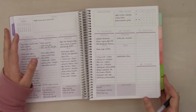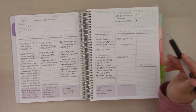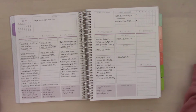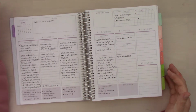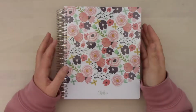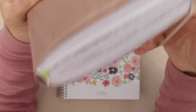Okay, I have my to-do list for my Plum paper today. I even included some personal to-do items, so it's not all just work, because I really, really need to get my hair done before I go to California for the Alt Summit. So, my roots, they're alive and well. So I'm gonna go ahead and close this, close the Passion Planner,